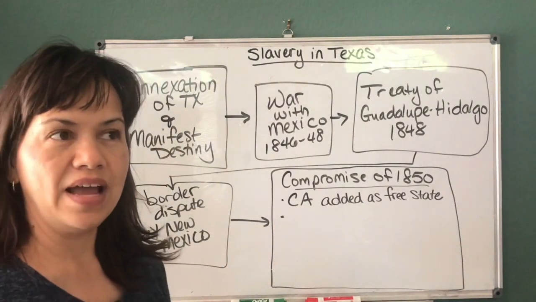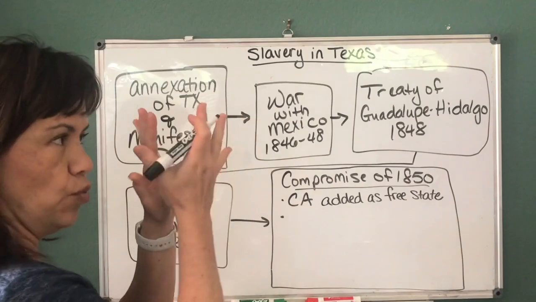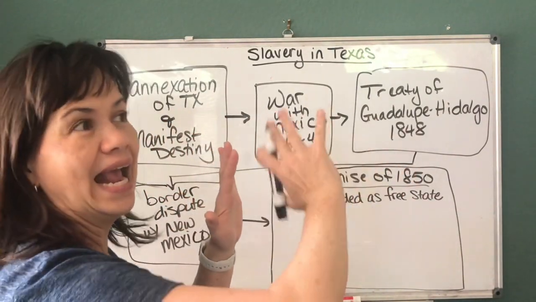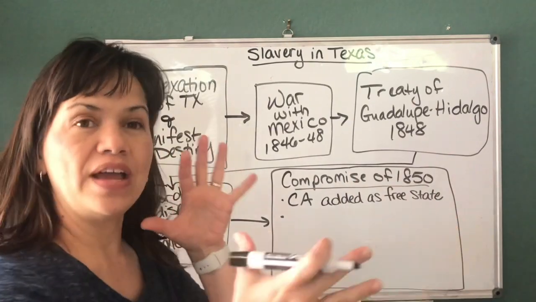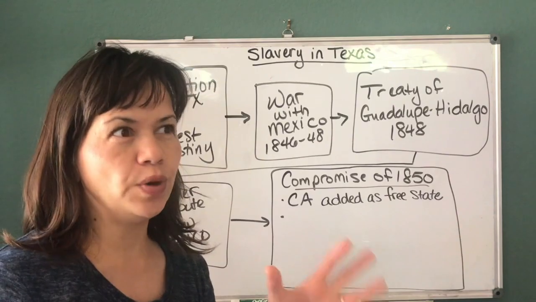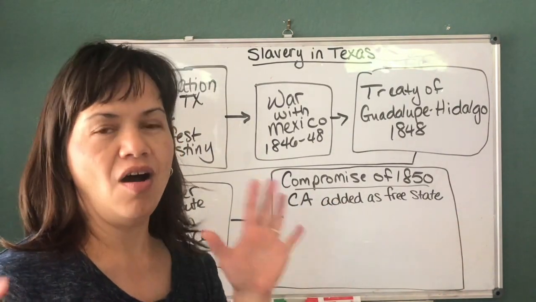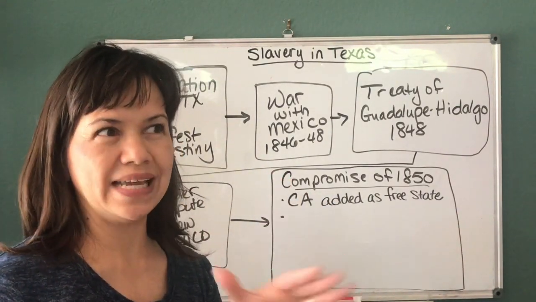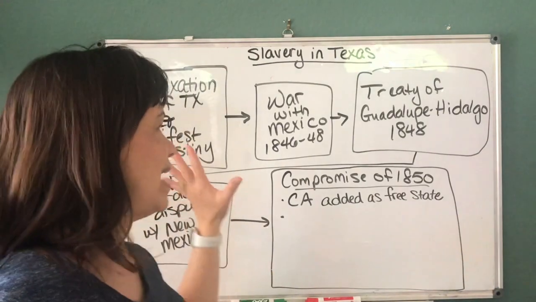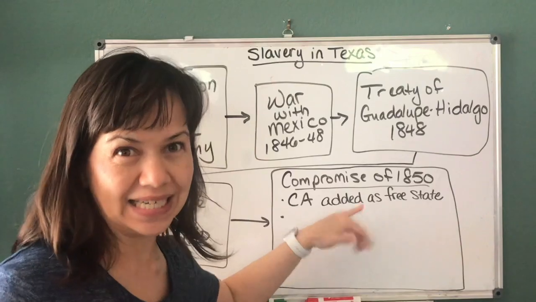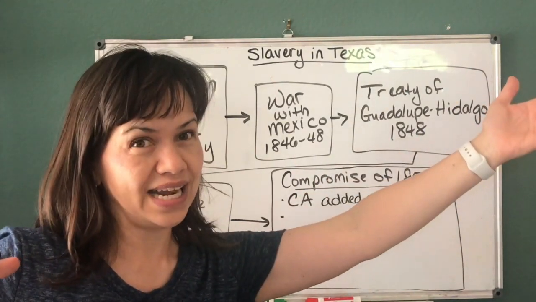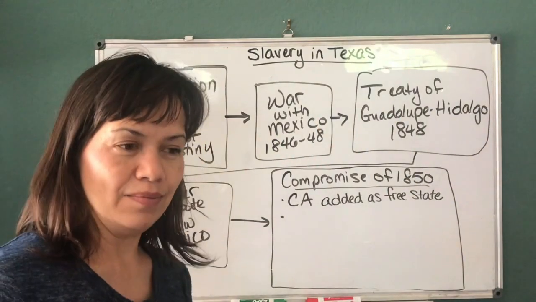And then they also agreed, so just east of California, we had the Utah Territory and the New Mexico Territory. And so they agreed to organize those two territories, but to allow those territories to decide for themselves on the slavery question. So instead of banning slavery in those territories, they said, okay, since we added California as a free state, that kind of tipped the balance in favor of the northern free states in the Senate